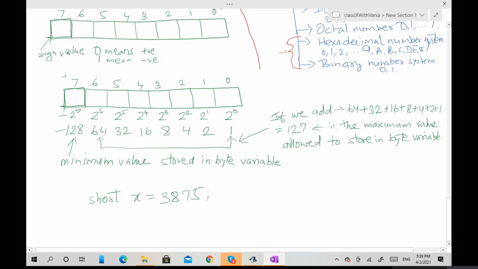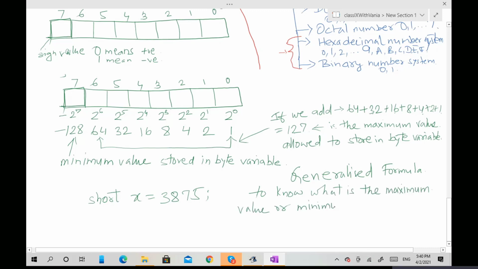We use one generalized formula to know the maximum value and the minimum value stored in a variable of a given data type.